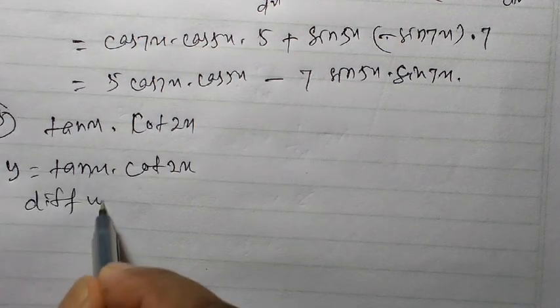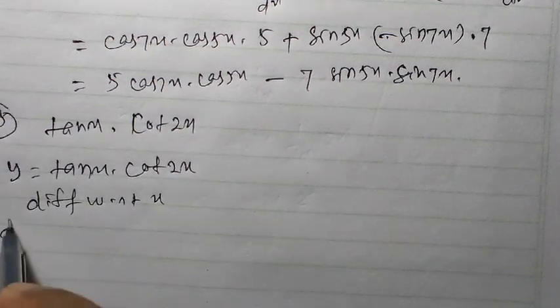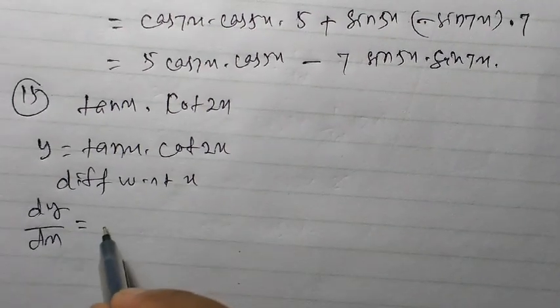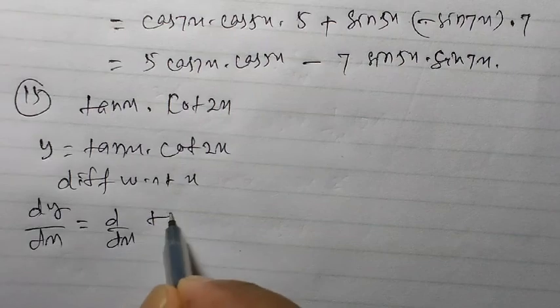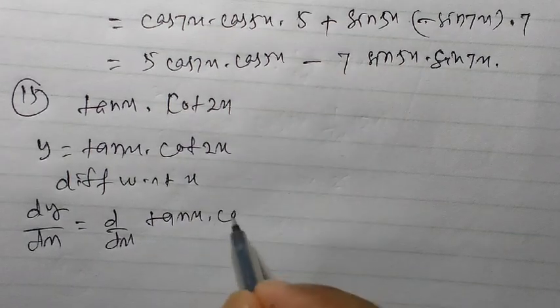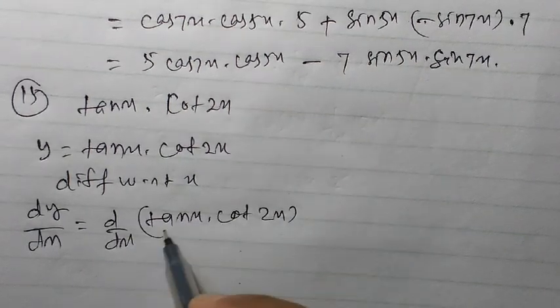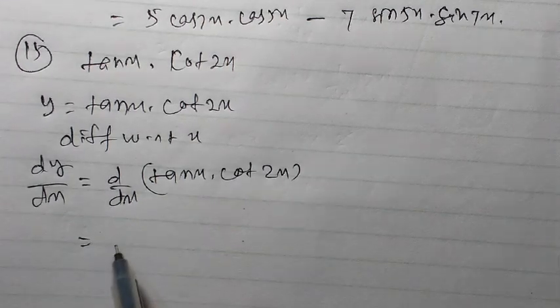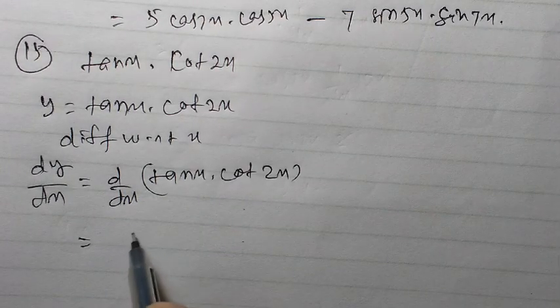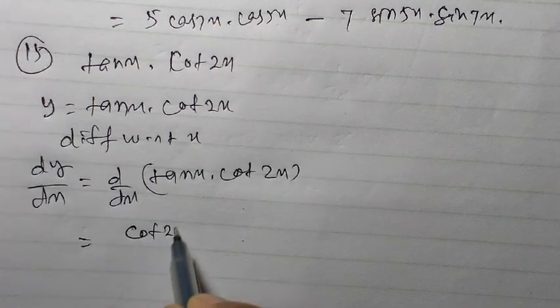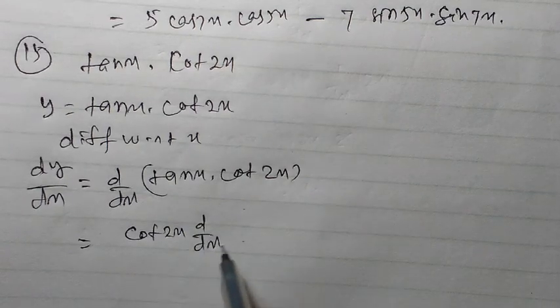Differentiate with respect to x. dy by dx is equal to d by dx of 10x into cot 2x. The u by v rule should apply here. So that is cot 2x, d by dx of 10x,